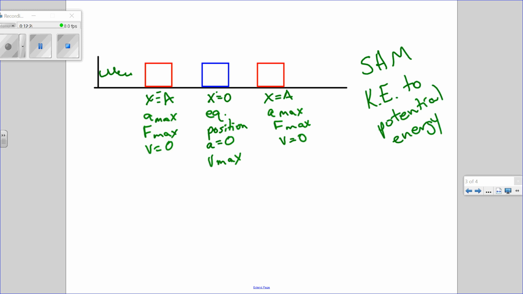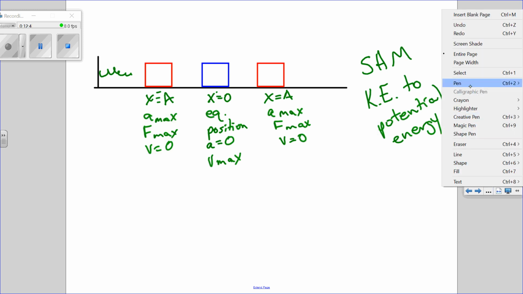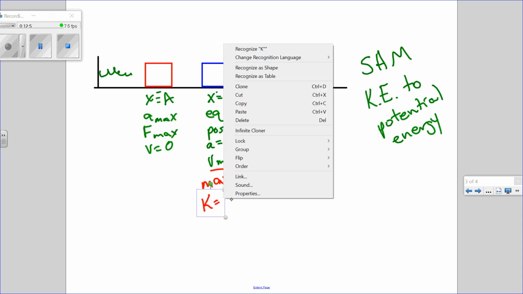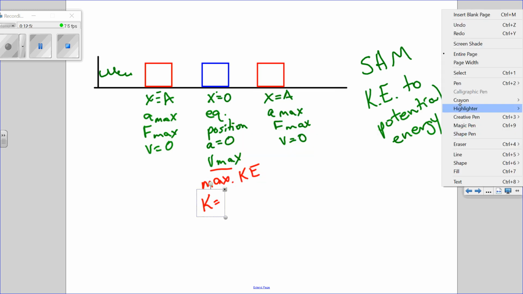And so if we come back to this graph and look at this, which point on that motion would have maximum kinetic energy? If we look at that graph, we know the maximum kinetic energy is where the velocity is at a max. So at this point, we have maximum kinetic energy, and we know that that kinetic energy is 1/2